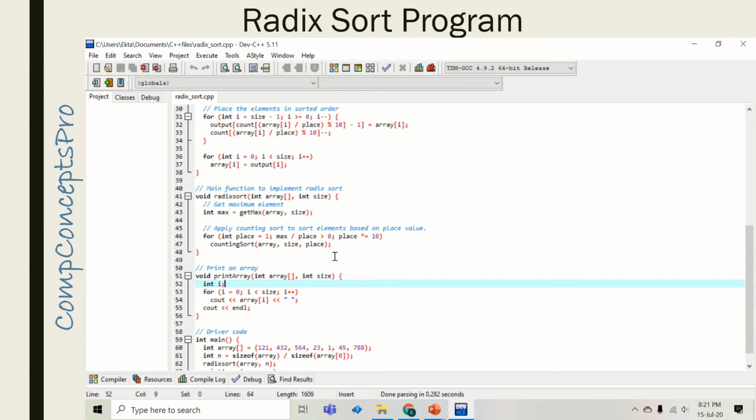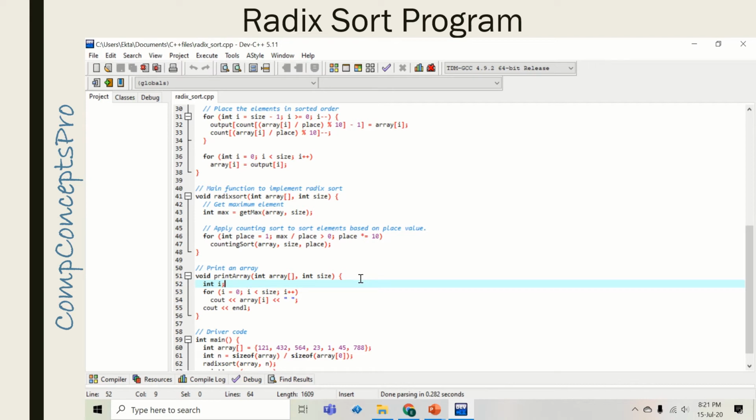Then for the next iteration, place will become place multiplied by 10, that is 10. We know that in radix sort, we have to deal with the digits at ones place, tens place, hundreds place, and so on. So the loop counter is also incremented accordingly.